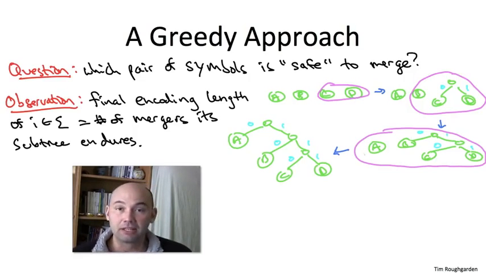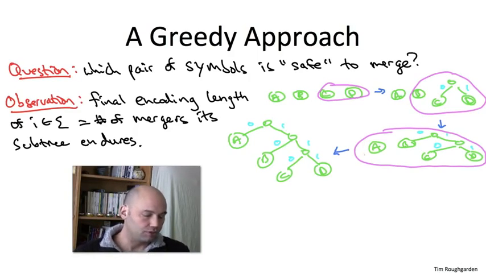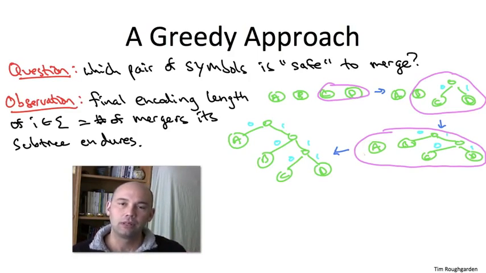So A finally picks up a bit, namely 0 to encode it, and B, C, and D each pick up an additional bit of 1, which is prepended to their encodings thus far. And in general, what you'll notice is that the final encoding length of a symbol is precisely the number of mergers that its subtree has to endure. Every time your subtree gets merged with somebody else, you pick up another bit in your encoding. And that's because there's one more internal node that you're going to have to traverse en route to the root